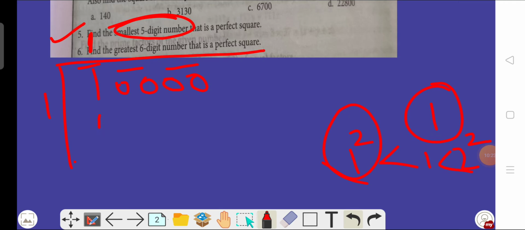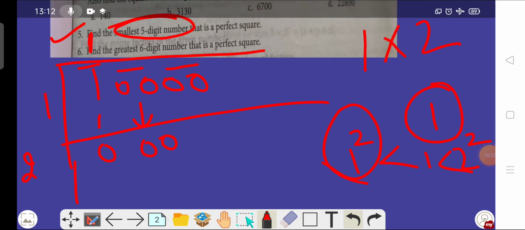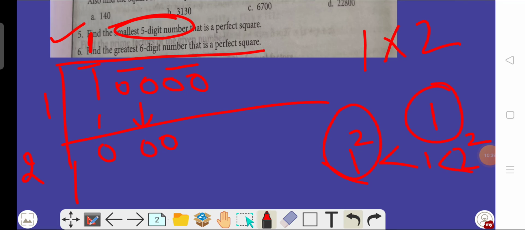So 1 1 ja 1. After that this will become 0. Now we have to take this pair down. So this pair is 0 also. Now we have to find the next divisor, and to find the next divisor, firstly we have to multiply the quotient by 2. This will become 2. Now look at there, as like simple division, when division is not possible, we have to put 0 here and also here. Then we have to take this next pair down.